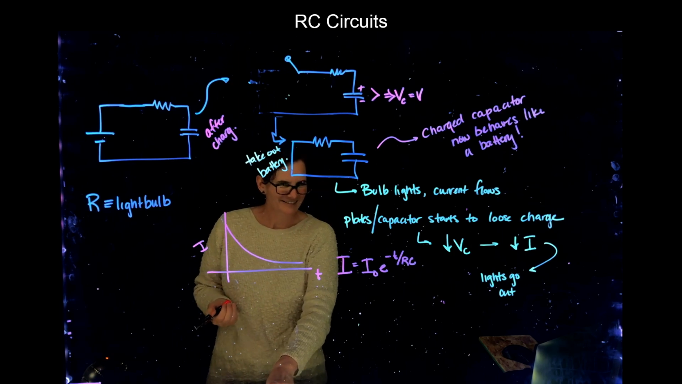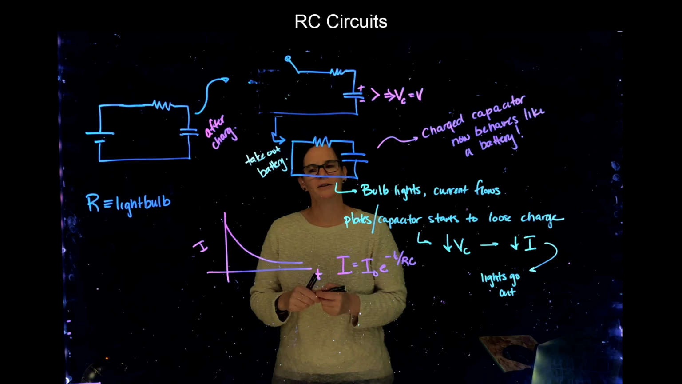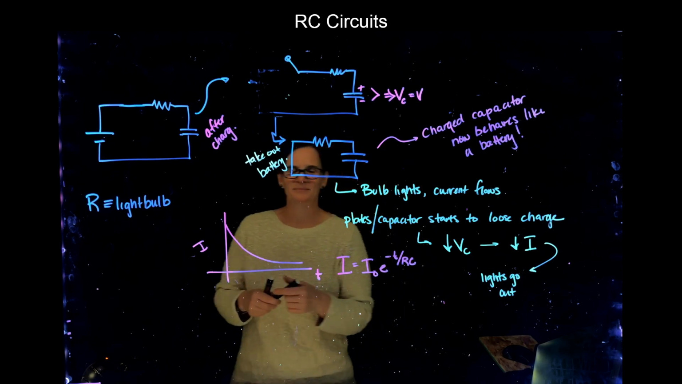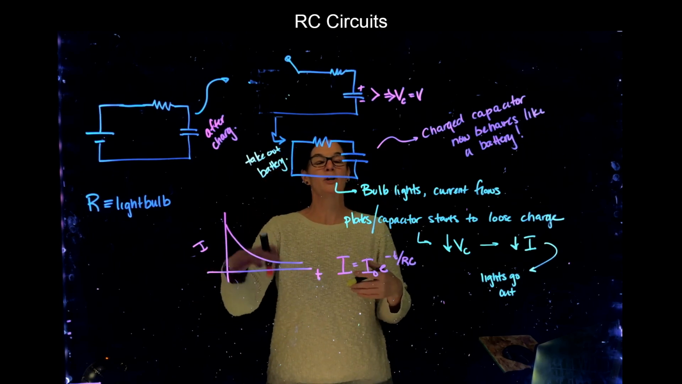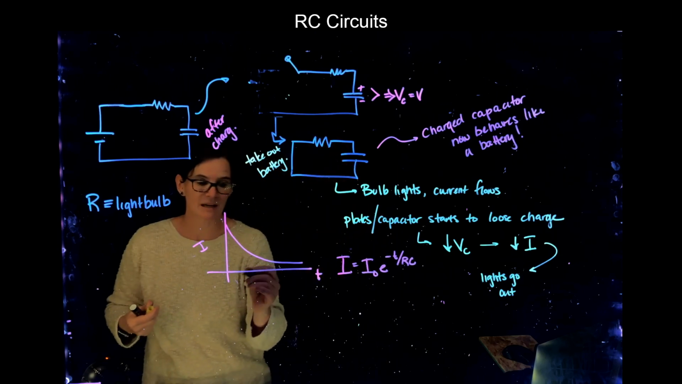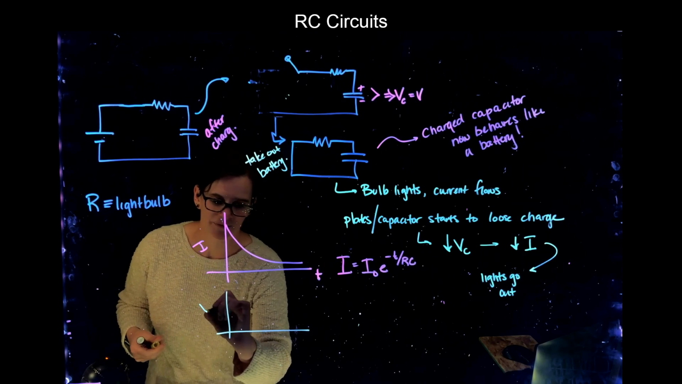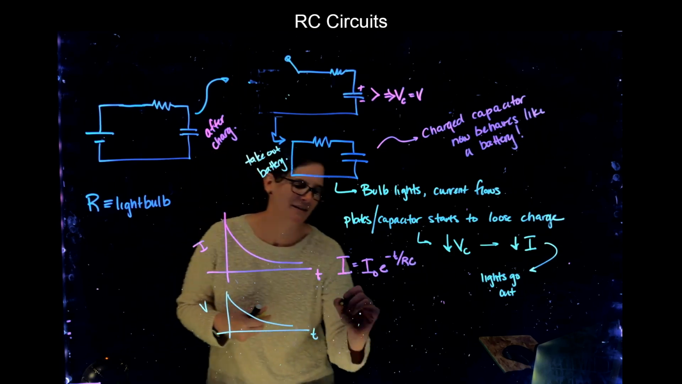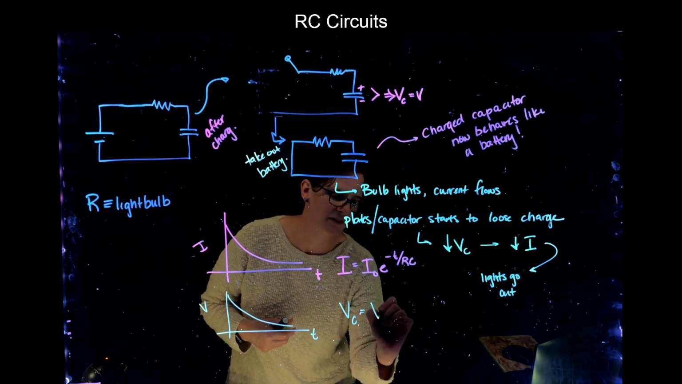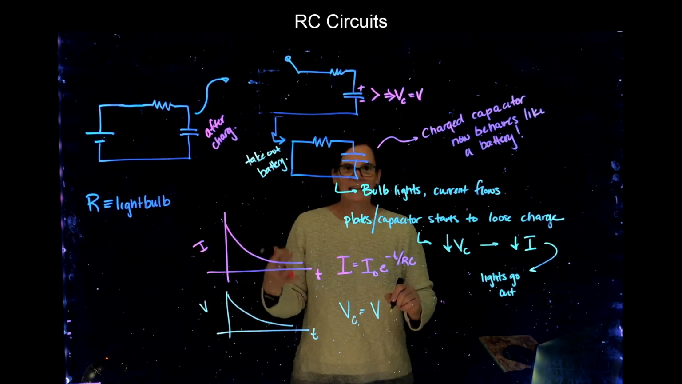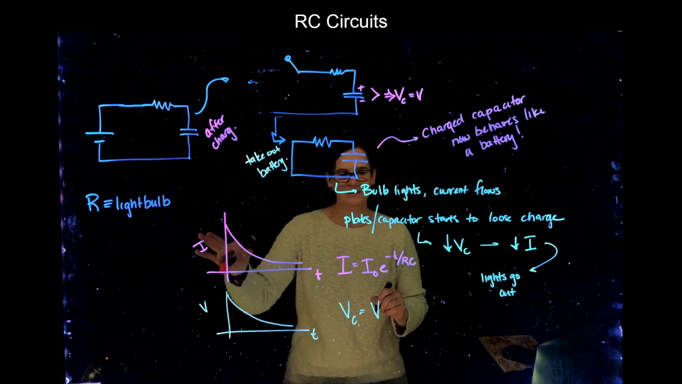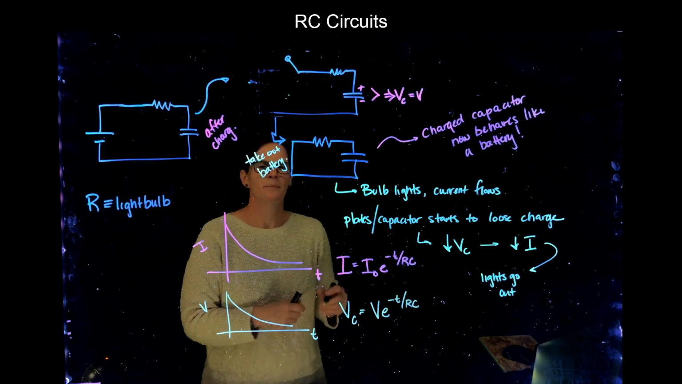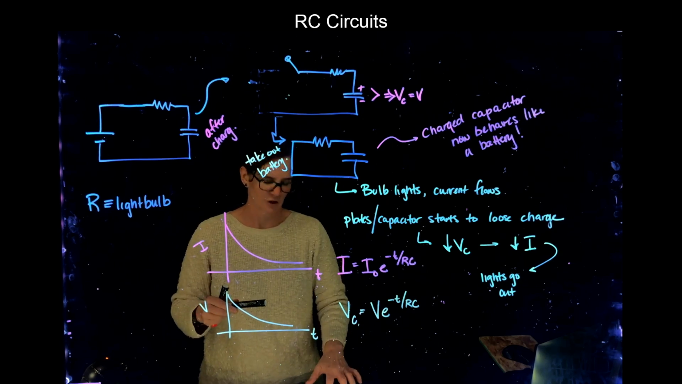What about the voltage? What's happening to the voltage across this capacitor? Well, it too is decreasing. And because of the way that the current is decreasing, the voltage across the capacitor is similar. It too decreases as time goes on. So our voltage across the capacitor is equal to our initial voltage, which, if fully charged, was the voltage of the source,